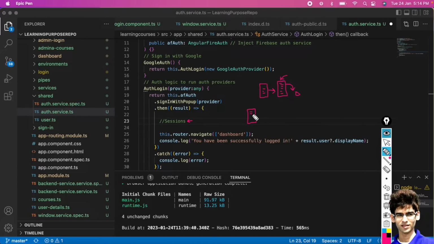After 3 hours or after 6 hours, whenever you open this app again, these apps, Facebook or any other app, do not ask you to enter the login information again, right? That information is stored somewhere. Where this login information gets stored, this information is stored into these sessions. So, how to store the session data in Angular, we are going to discuss that in this episode.